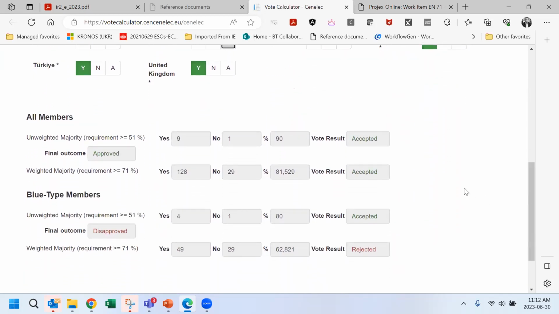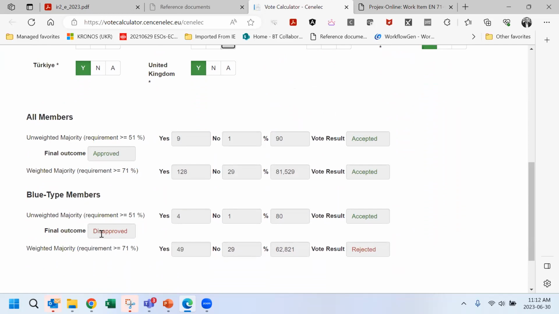What we need to have is an outcome considering all members and an outcome considering blue tie members. You can see this is exactly the example where, via weighted votes, all members approve, but the blue tie members do not approve